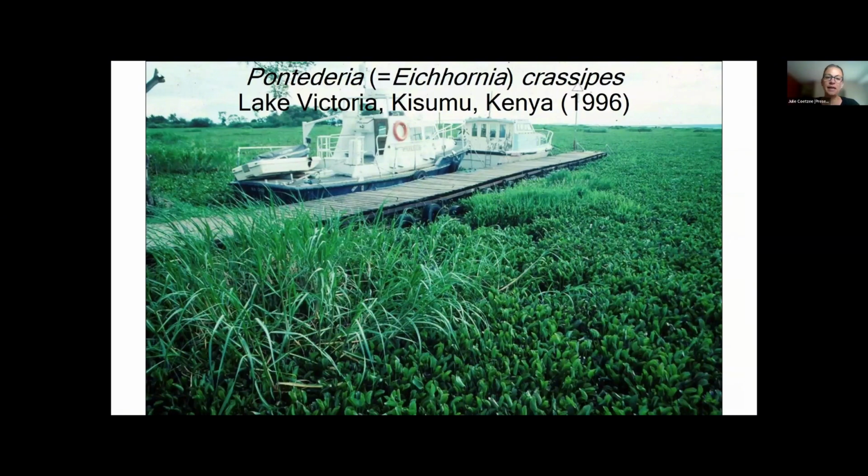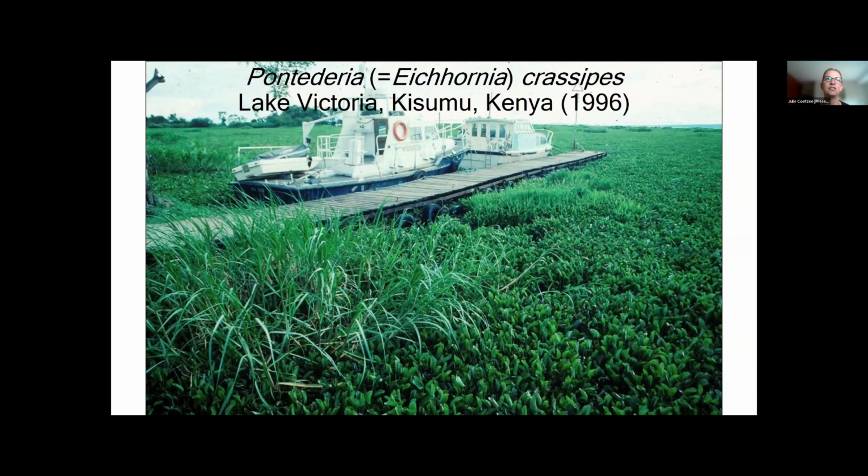As John mentioned, water hyacinth is the world's worst aquatic weed, well, certainly the world's worst floating aquatic weed, and it really became a huge problem, or it was noticed, in the 1990s when it invaded Lake Victoria in Kenya. Now you're looking at 200,000 hectares of a dam completely covered or almost completely covered by floating aquatic macrophyte.